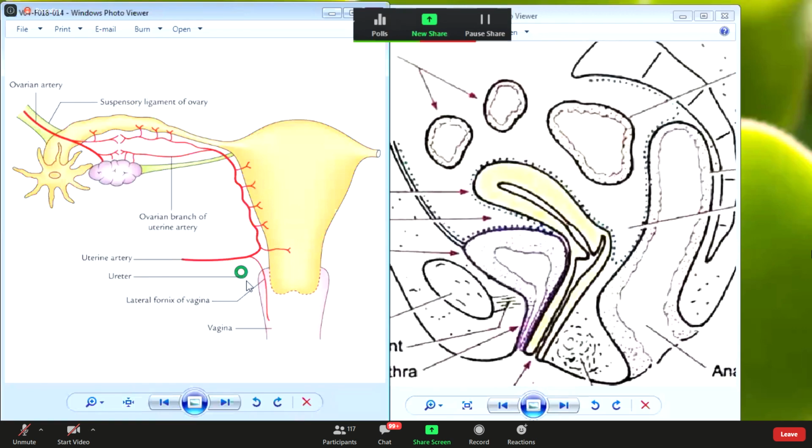So otherwise, if you don't touch it, it will not give any wave. If you touch it, it will be giving a peristaltic wave, but the uterine artery will give a pulsation. It is thicker and cord-like, and this is thinner in comparison to the ureter. And এই দুটো পার্থক্য দিয়ে কিন্তু চিনতে হয়, you have to identify which one is the ureter or which one is the uterine artery,